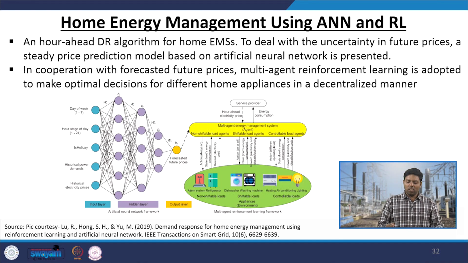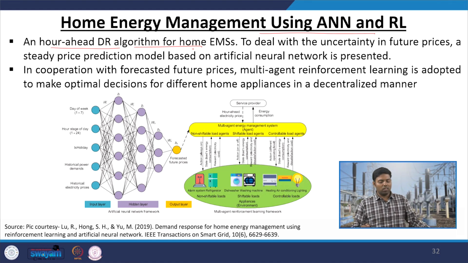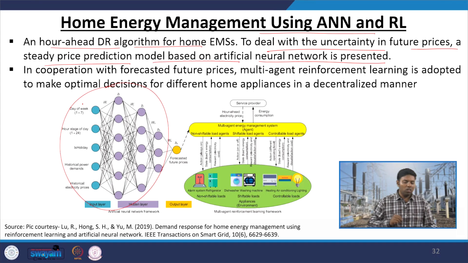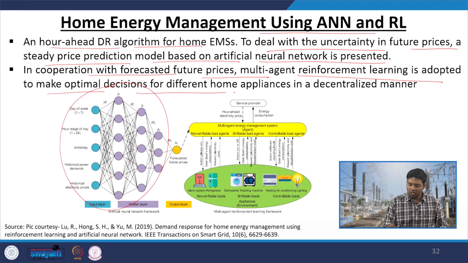Last application, that is the home energy management using ANN and RL. An hour ahead demand response algorithm for home energy management systems. To deal with the uncertainty in future price, a steady price prediction model based on artificial neural network is presented. That means, here you use an ANN module to predict the prices. In cooperation with forecasted future price, multi-agent reinforcement learning is adopted to make optimal decisions for different home appliances